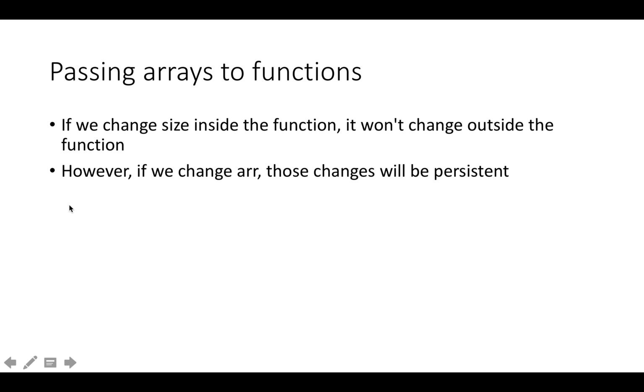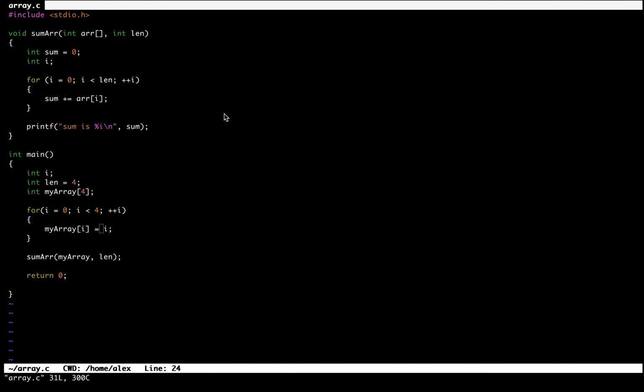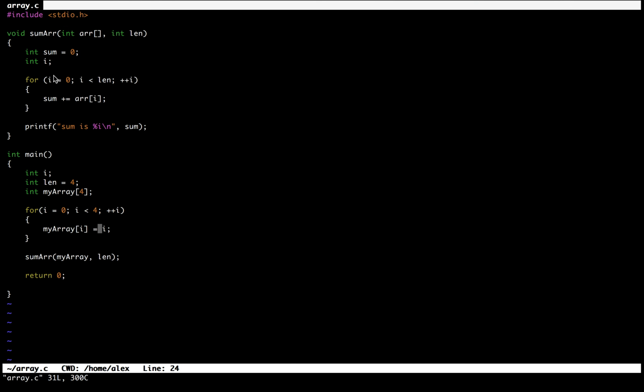So a couple of things to note with functions. Just like before, let's say we had this len variable here. We change len inside of the function, it's not going to change outside of the function. But the one thing to note with arrays is when we pass an array into a function, this array actually gets modified when we leave the function, regardless of whether we return or not. So let's say what we're going to do is, I'm not going to rename the function, but what I'm going to do is,